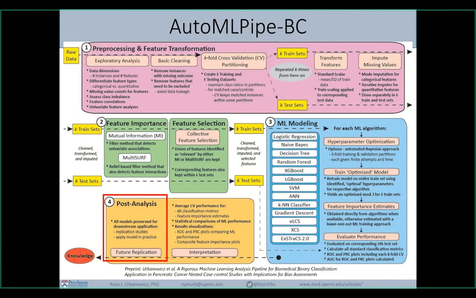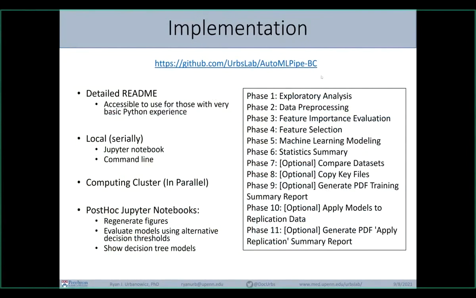Just a quick note on implementation. You can find this whole machine learning pipeline here at this link. It includes a detailed README; anyone with very basic Python experience would be able to apply this algorithm on their own very easily. It's designed to be run either locally within a Jupyter notebook. It can also be run locally from a command line. And we've also set it up to run in parallel because when you're running a lot of data sets and a lot of machine learners, it can be computationally expensive. So it's set up to run on our UPenn computing cluster,